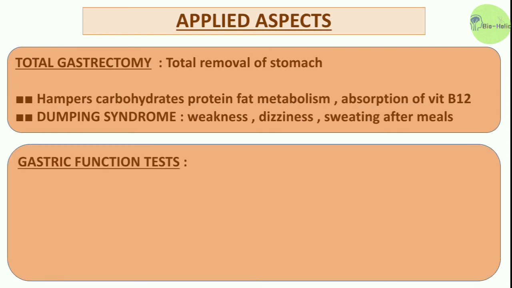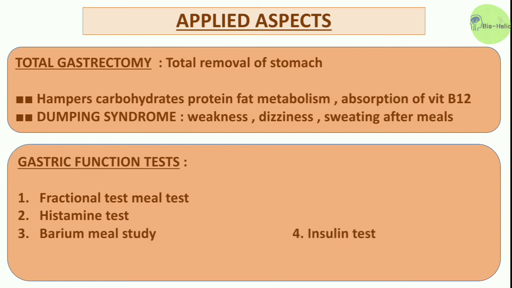Now the gastric function test. Number 1 is the fractional test meal test, which previously used to be employed commonly for analysis of gastric juice. Presently, it is no more used because of its relative intensity and the inconvenience. The second one is the histamine test. It is a comparatively more sensitive test than the fractional test meal test for studying the gastric acid secretion.